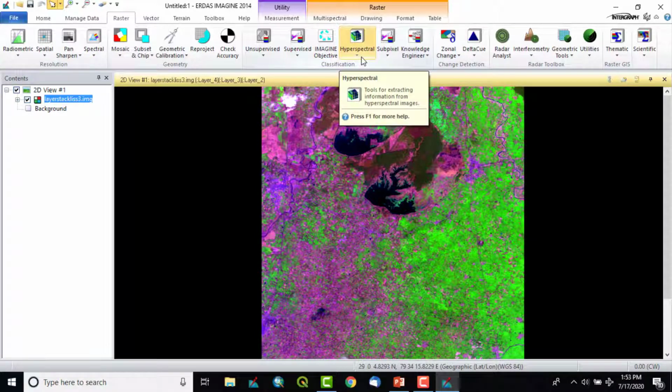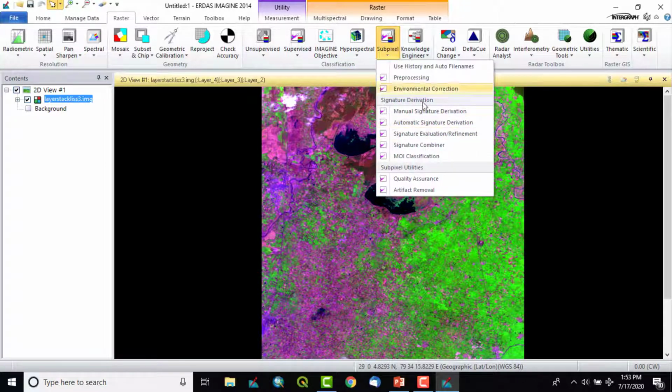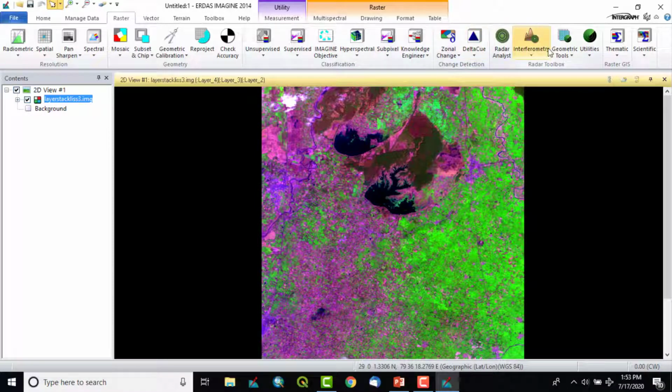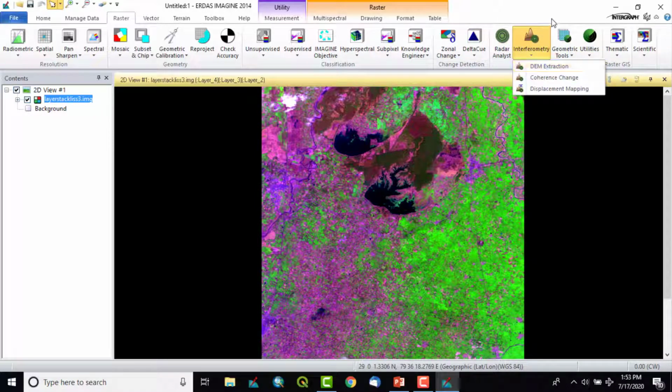Likewise panchromatic and multispectral, there is also a type of image known as hyperspectral, which has numerous spectral data available. That is being used widely for various applications in forestry and others. Subpixel, here also some important toolsets are available, and the rest of the tools like interferometry are also important.